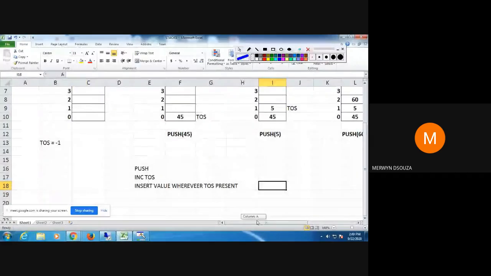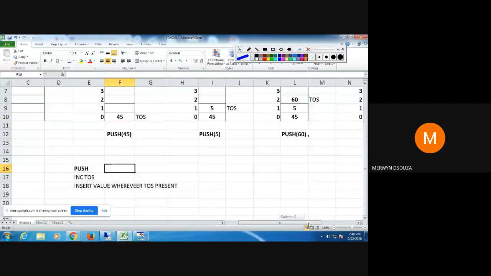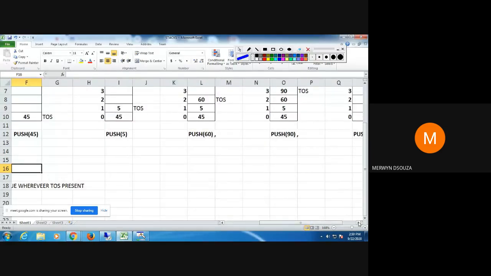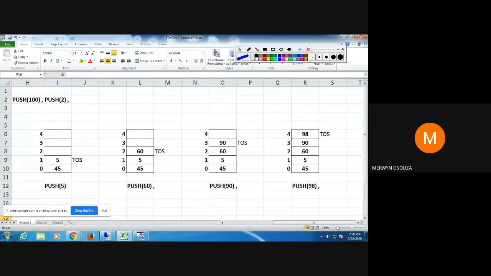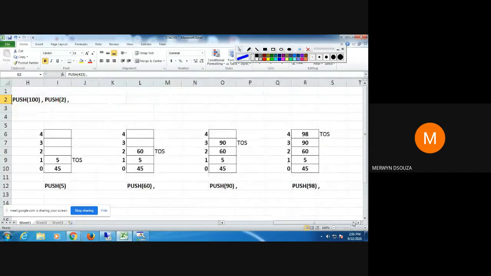So basically your push is just these two steps.